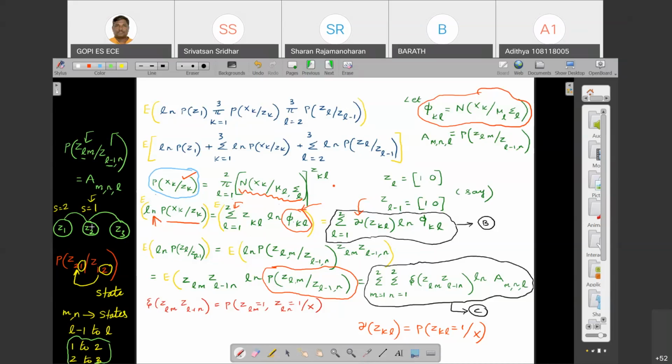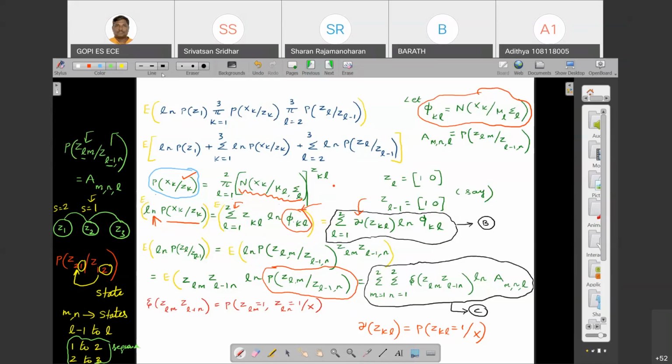This is a sequence, right? 1 to 2 is happening, then 2 to 3 is happening. This is a sequence here. But 1 to 2 is happening with a particular change of state, right? So that is described by that element m and n. L minus 1, L is actually the sequence, and m and n, they are all the states here, right? So we need to represent this by using the corresponding transition probability in this case, right? So that is what I'm trying to say here. Now I hope this is clear to you, and that is described by the corresponding element itself,